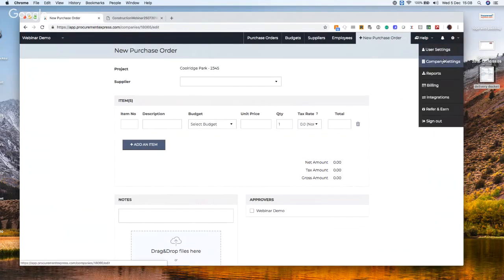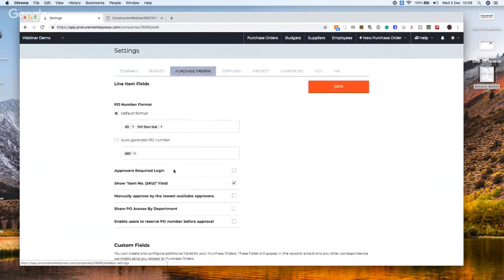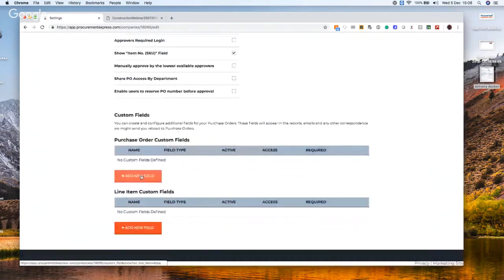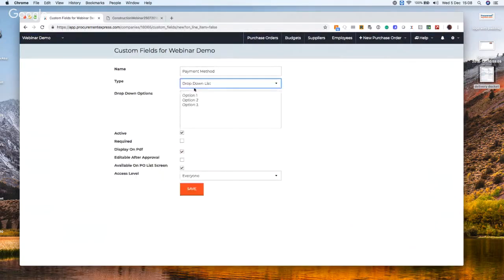So we can go in and we can create a custom field, and we can create any number of these custom fields that you want to, either at the purchase order level, and I'm going to do 2, or at the line item level. So let's say we have payment method. Put that in. Let's make it a drop-down list so it's easy for people to choose from. And we'll say bank transfer, credit card, cash, check. I'm British, so let's spell it the British way. And what else? Let's say reimbursement. So you need to give money back to the...